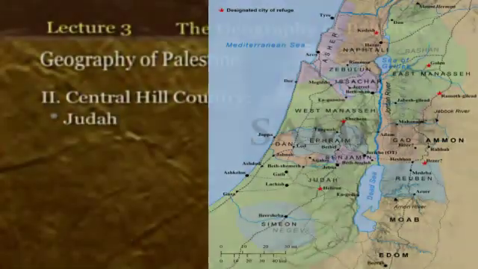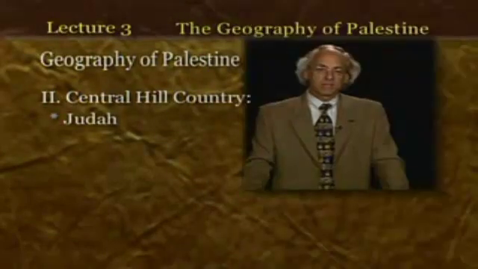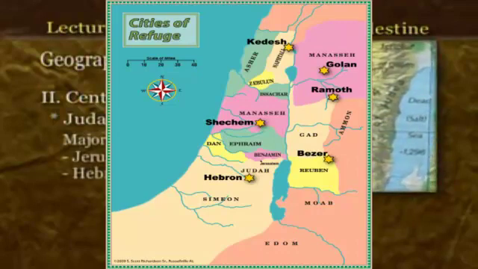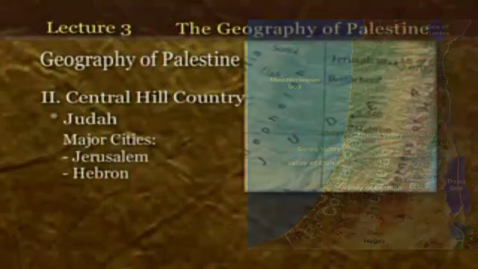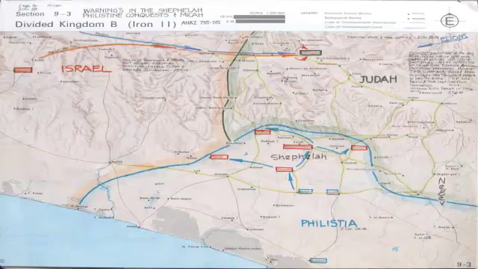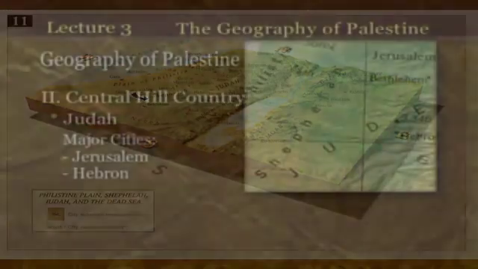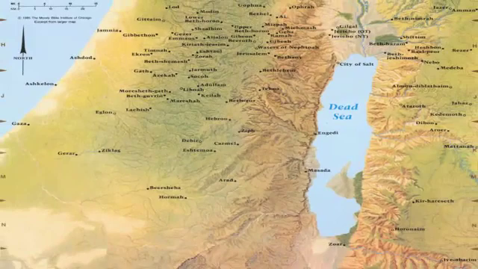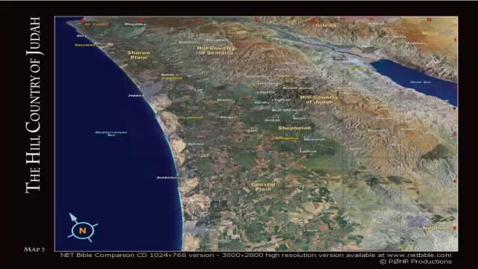And then, as you move south into the central part of the country of Judah, there you have the major cities of Jerusalem and Hebron. And then if you move back to what we've already talked about, but if you move west a little bit, you hit the Shephelah, and there you hit the cities of Lachish and Azekah. But these central highlands were again a part of this ridge of mountains, and it made Jerusalem difficult to access.